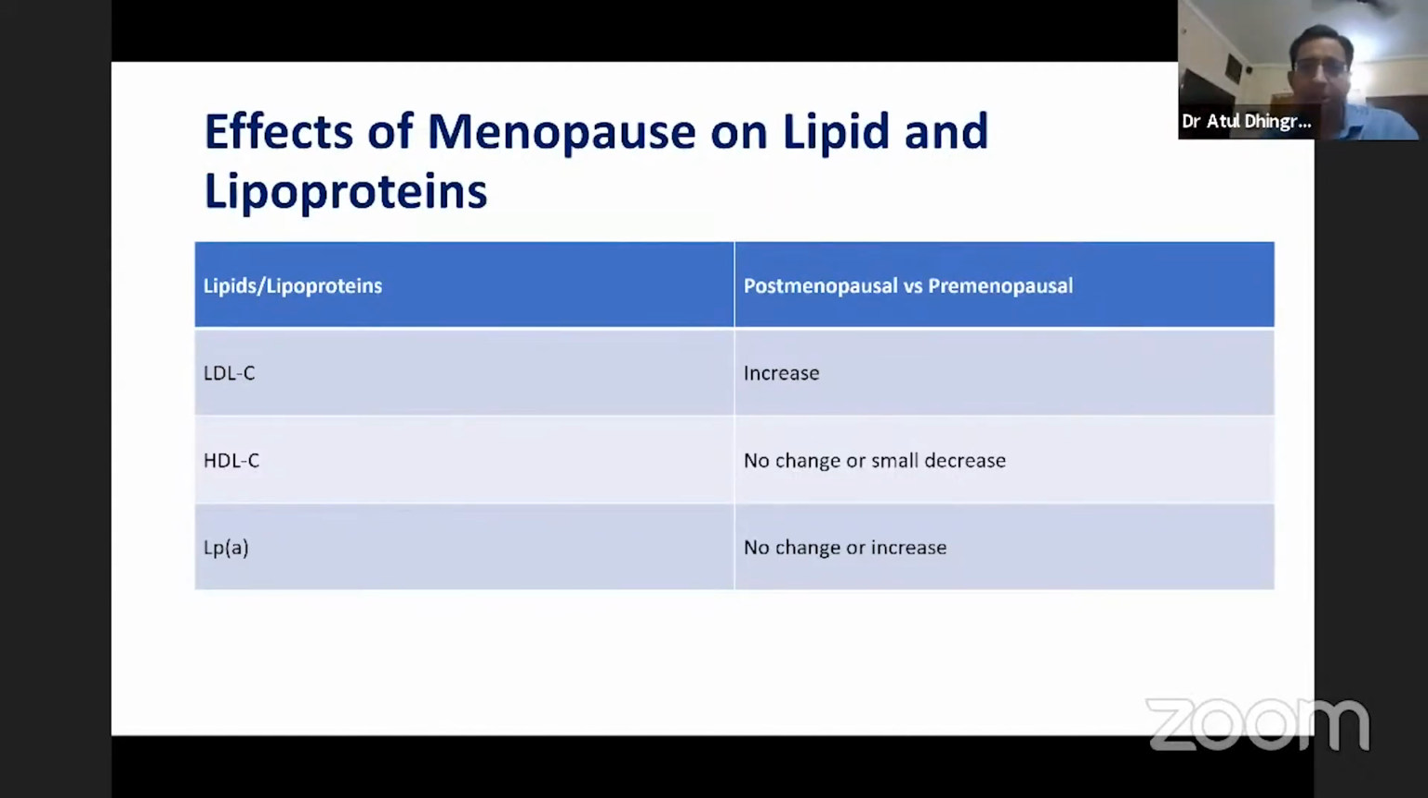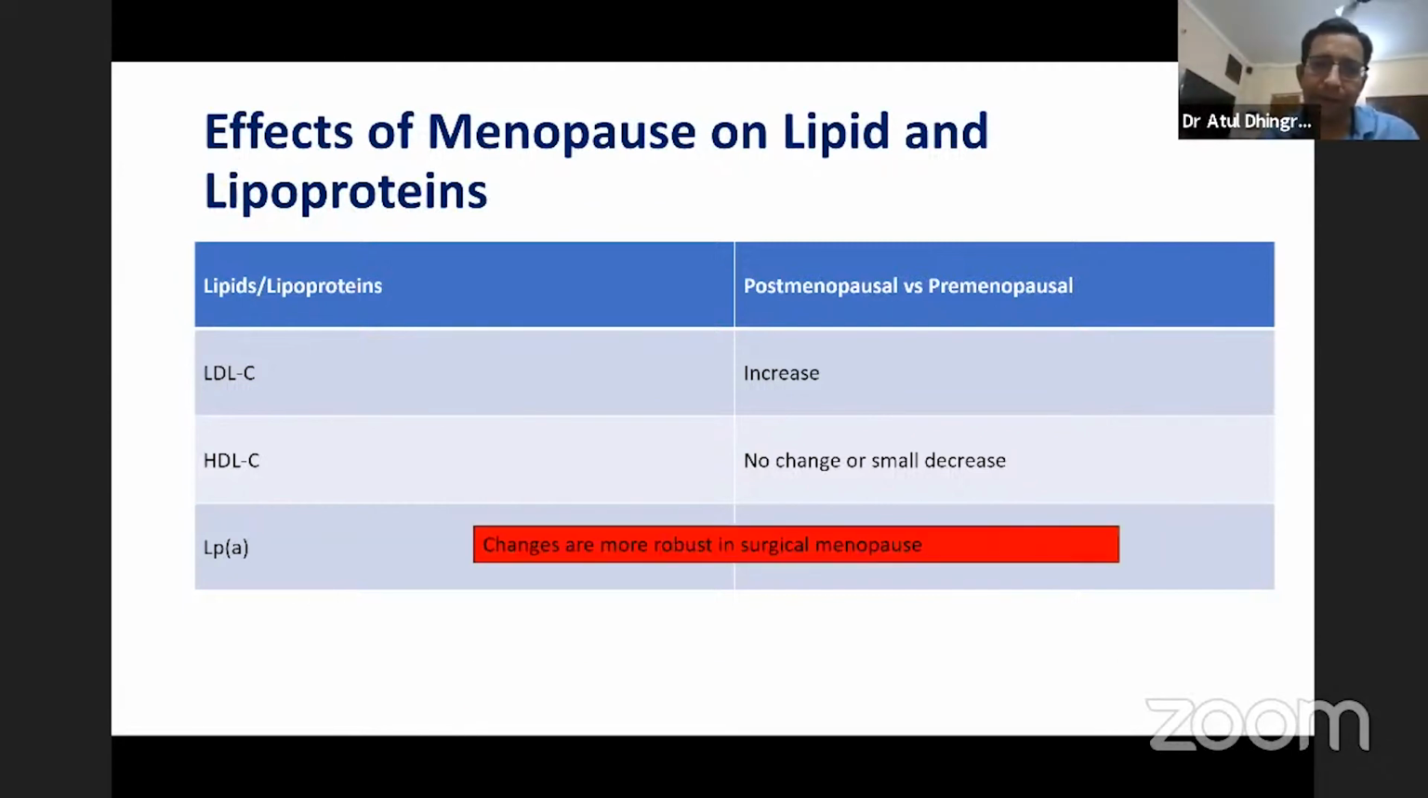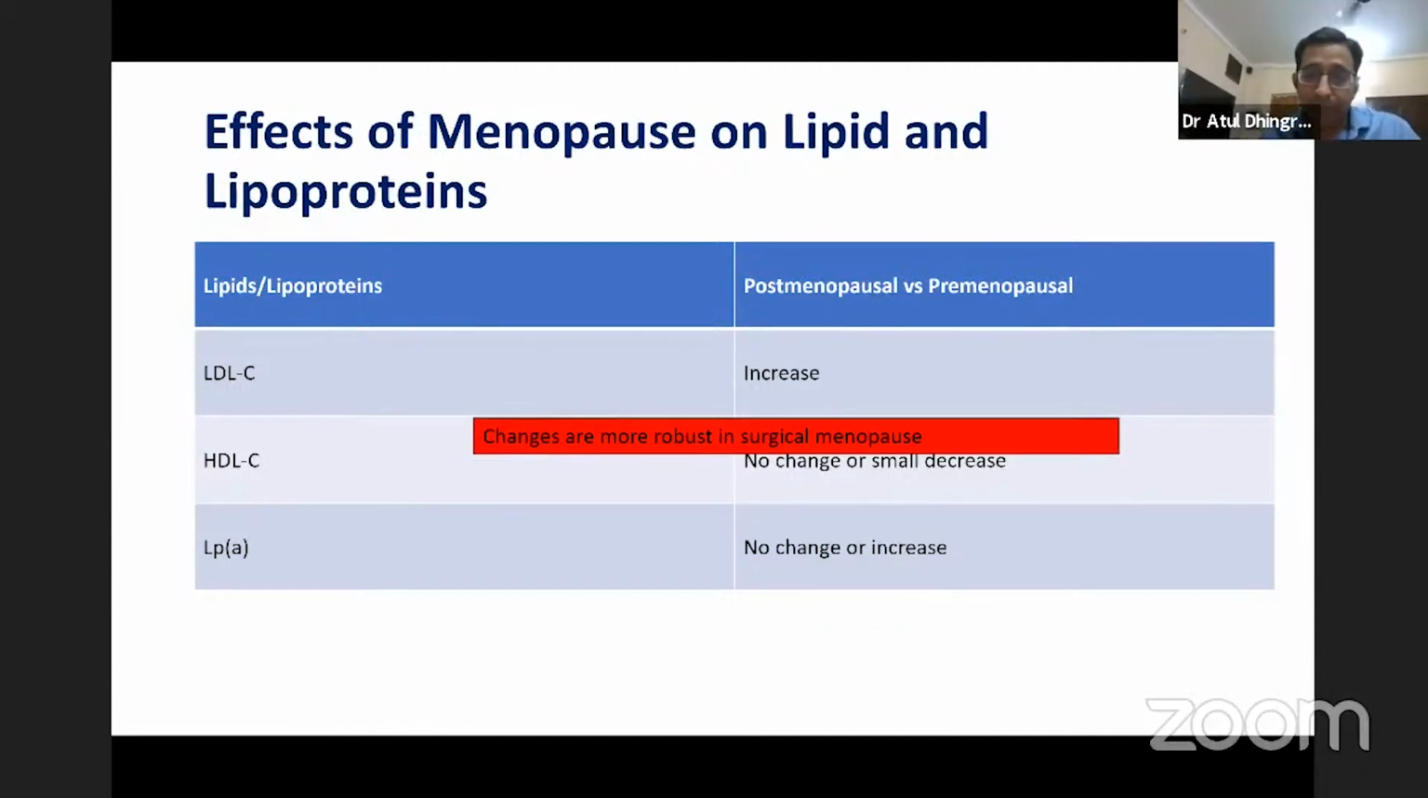Once these women transition to the postmenopausal state, there is an increase in LDL cholesterol. There is either no change or a very small reduction in HDL cholesterol, and there is no change in lipoprotein A levels. So probably it is the LDL cholesterol increase that is associated with the increased CV risk that is seen in women after menopause. But we have to understand that these changes become more robust